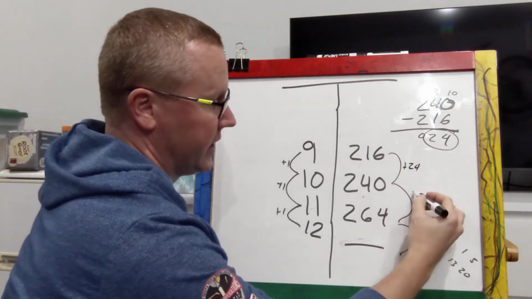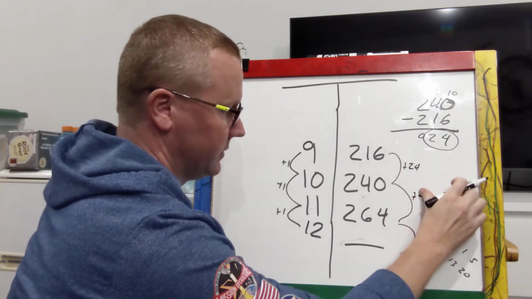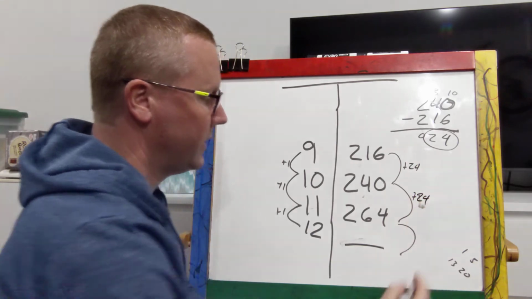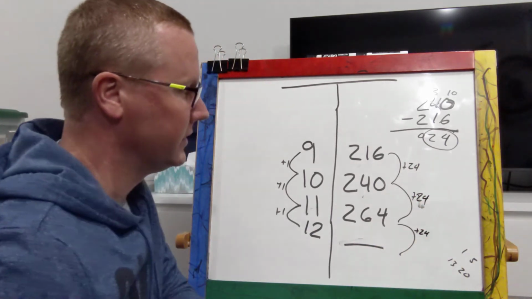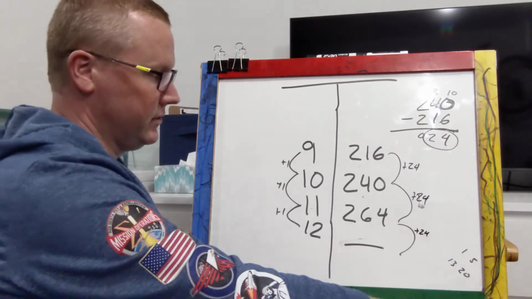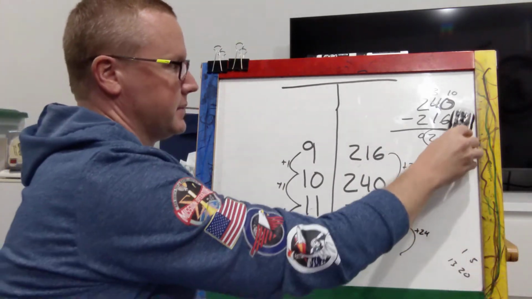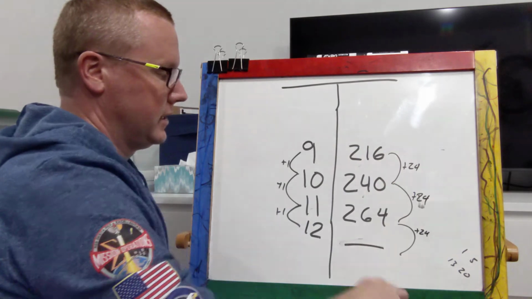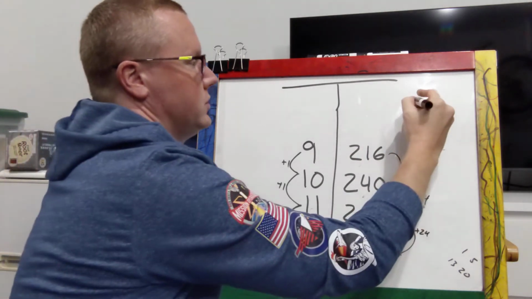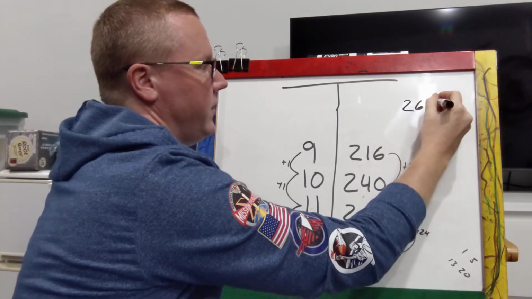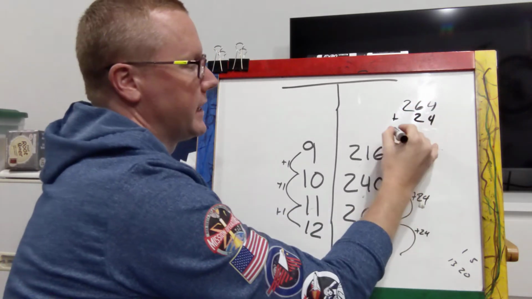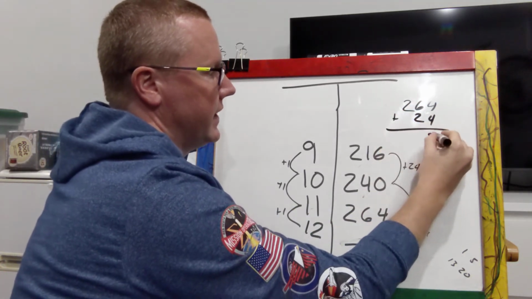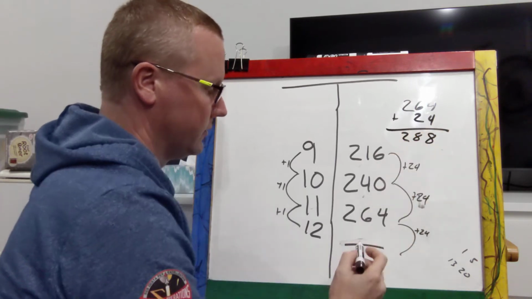And then I went up here again, a plus 24. Plus 24. And so we need to go up here, a plus 24. So I'm going to erase so I can add some space again. I'm going to do 264 plus 24. Make sure you're lining them up right. We have 8, 8, and 2. So we get